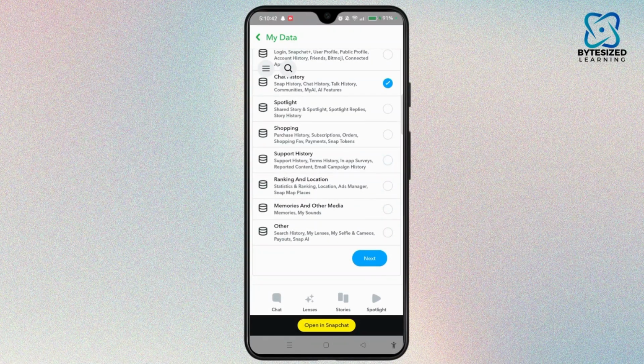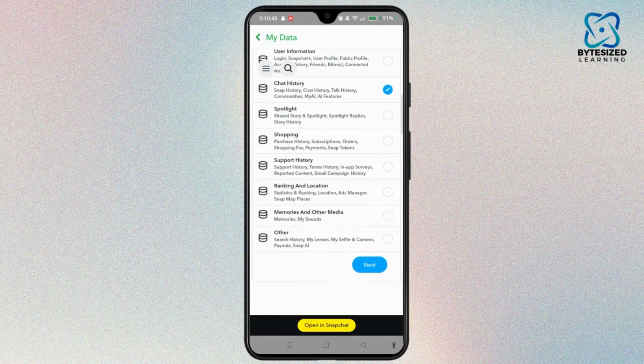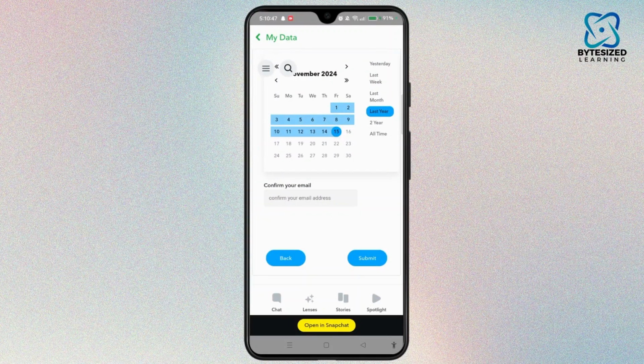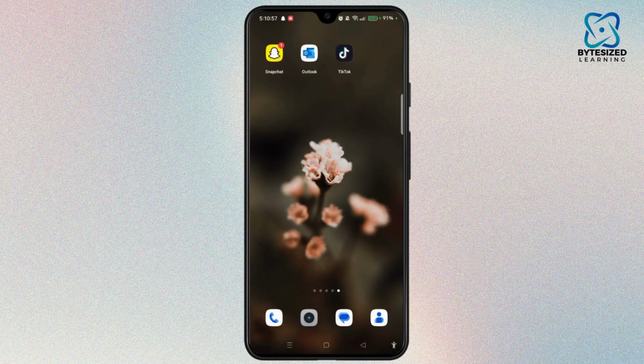So once you do that, tap the next button at the bottom right corner of the screen. Here you can easily choose the time range and now enter your email address and tap the submit button. After a while, Snapchat will reach out to you through mail and from there you can easily see chats with someone